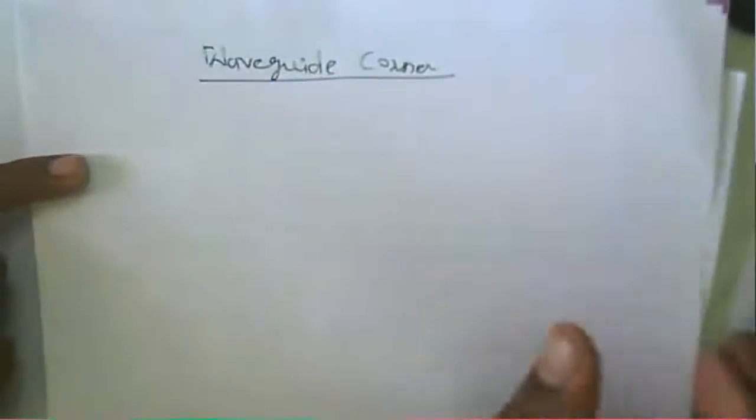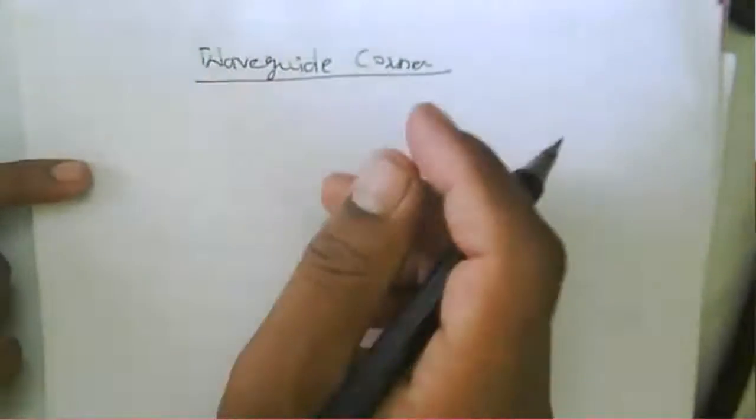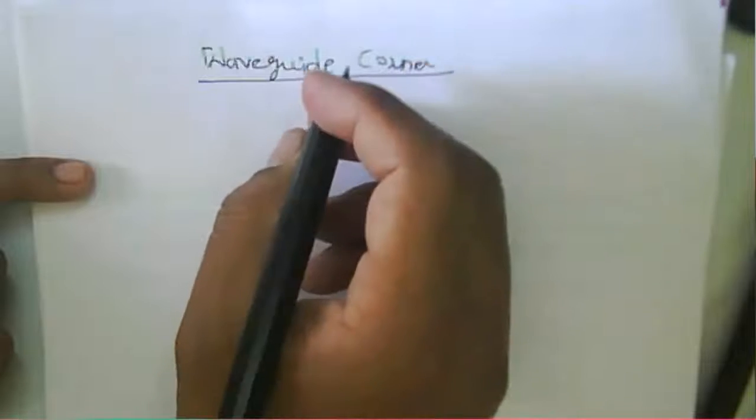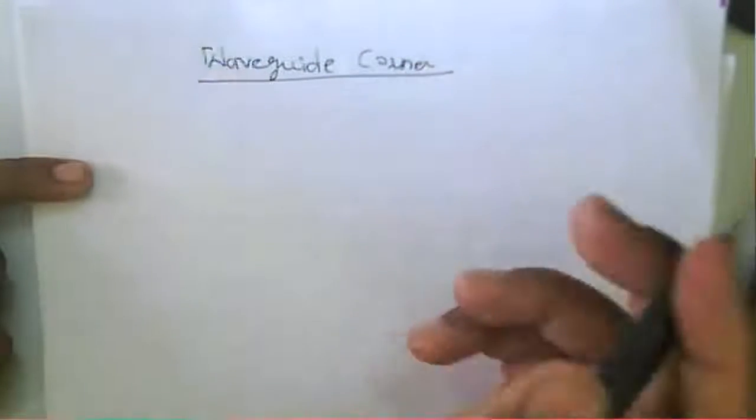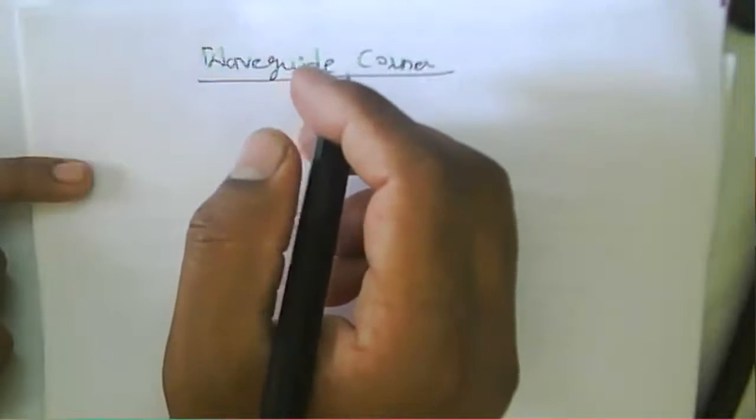Where is the use of this particular bend? Whenever we are going to install any tower or anything else, in that case we need this particular bend. Waveguide bends are available for what degree? That is 30 degree, 45 degree, likewise. That depends on how much the angle of that particular bend is. So according to that, waveguide bends are available.